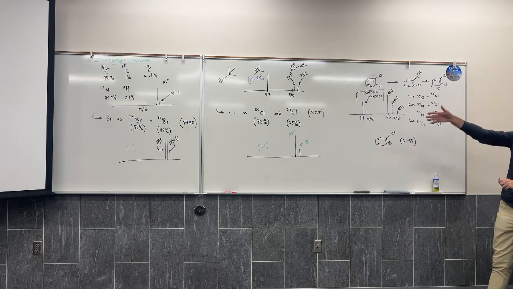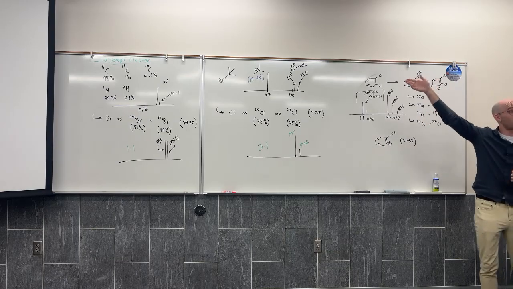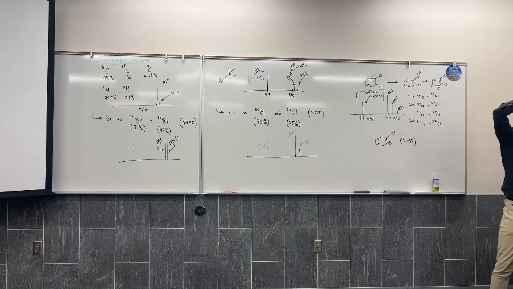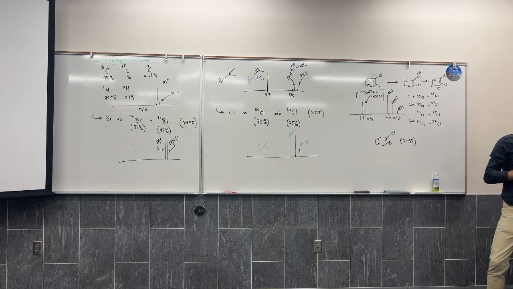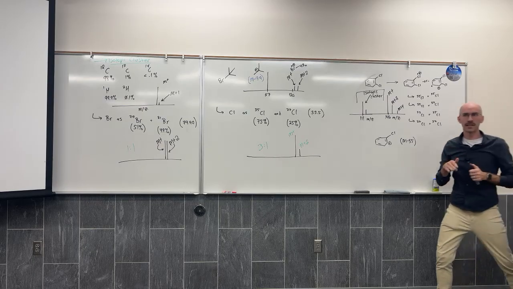You'll notice here the lower mass of bromine is more prevalent, the lower mass of chlorine is more prevalent, the lower mass of carbon is more prevalent, the lower mass of hydrogen is more prevalent. So I actually have never seen an isotopic cluster where the higher mass is more prevalent. And I'll tell you this,